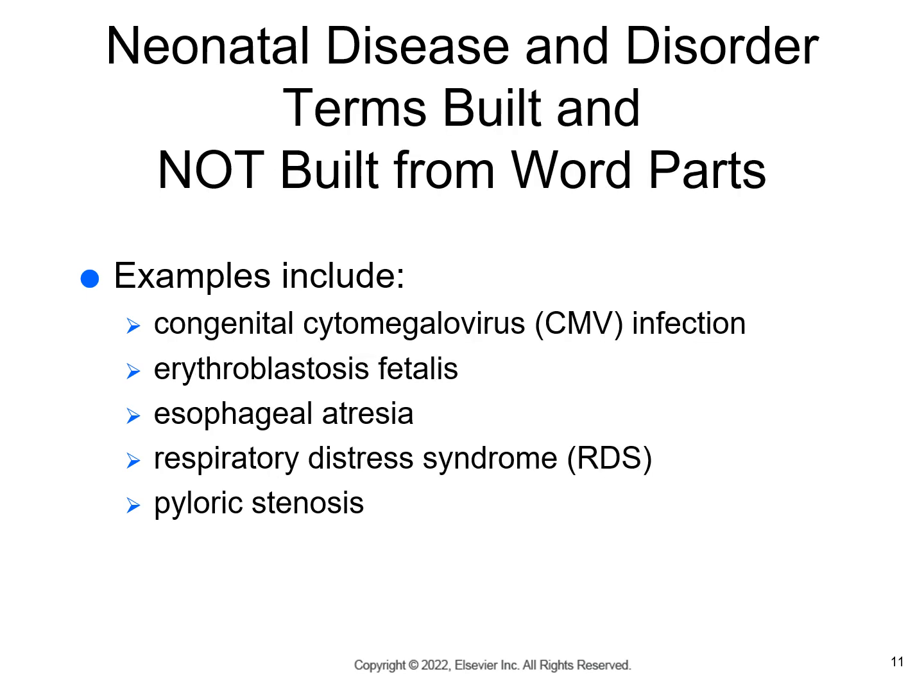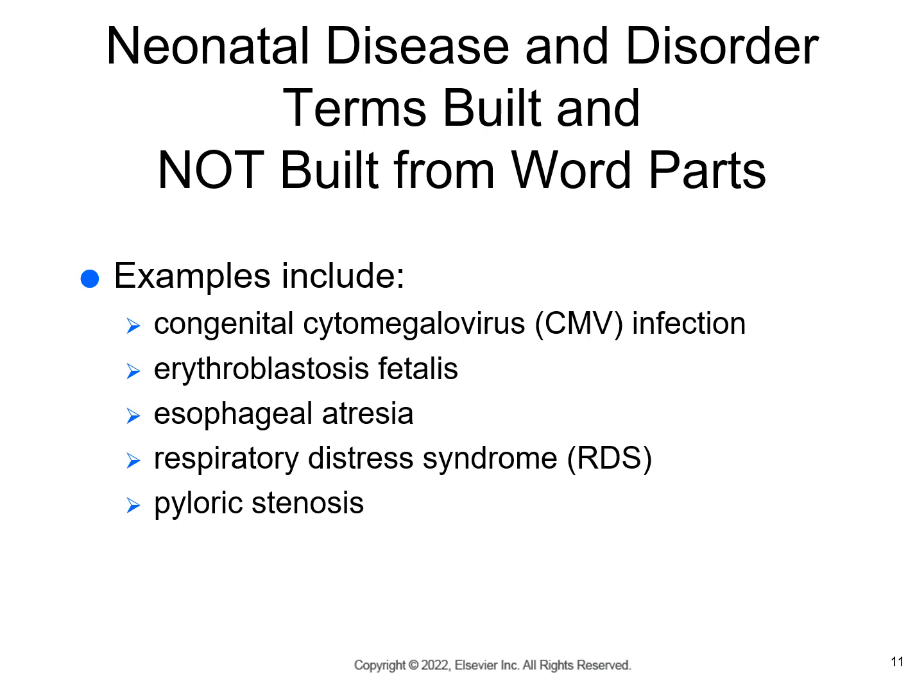Examples of terms, again, built and not built from word parts. The first being congenital cytomegalovirus infection. The abbreviation CMV is common. It is a herpes-like virus that crosses the placenta, and in the newborn, it can cause jaundice, microcephaly, in this case an abnormally small head, developmental delay, and hearing loss. In some cases, the infant may be